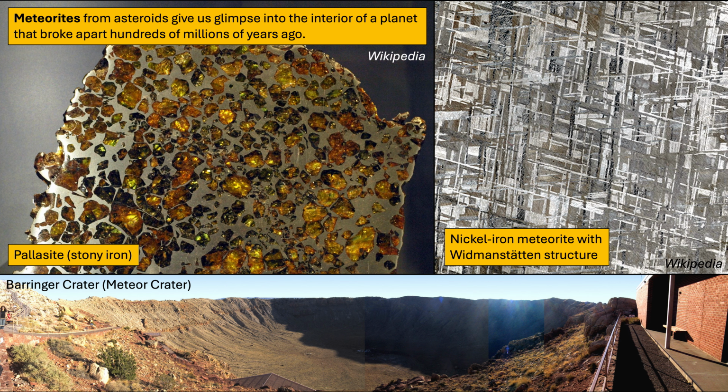Now that's a pallasite right there. And so pallasites are actually what people think is right at the core-mantle boundary. So if you wondered what the D double prime layer is, it's probably something very similar to that. Okay, so you have the metallic contribution from the outer core, and then you have the rock contribution from the mantle of that ancient planet, and then when it breaks apart,